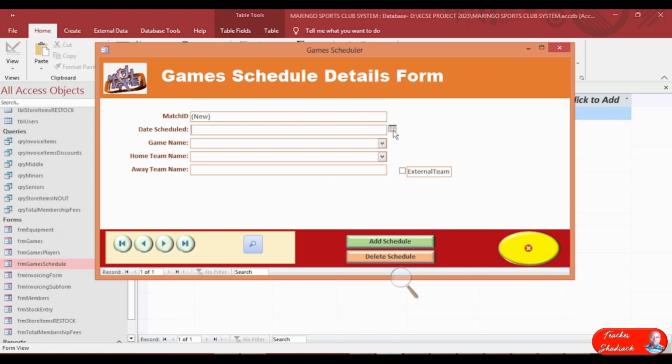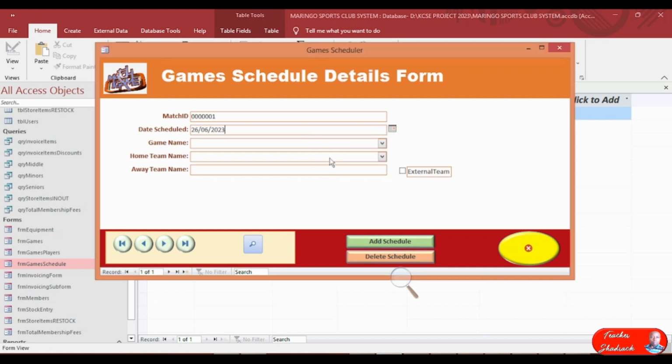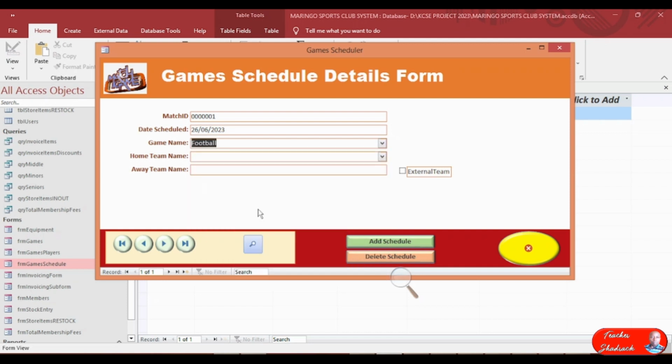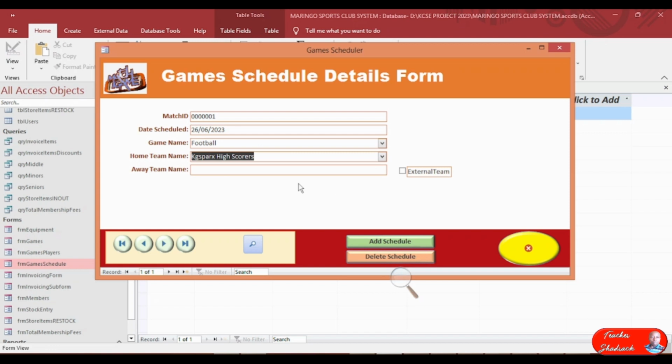Say it is scheduled for a date gone by, 26th of June 2023, we had a football match. The home team is KG Sparks High Scholars, and the away team, because this is an external team coming to KG Sparks for the game,